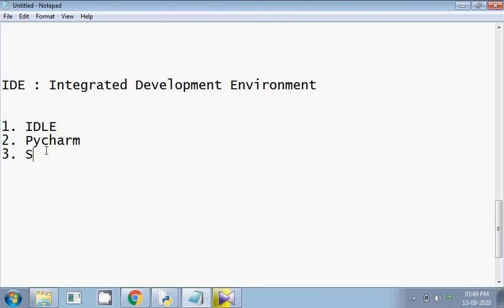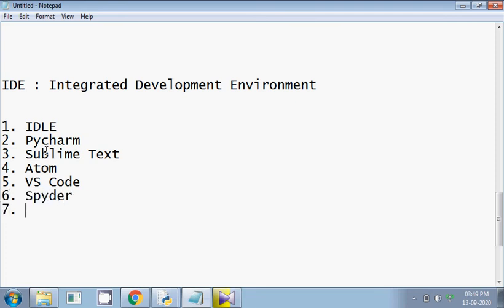Third one is Sublime Text. Fourth one is Atom. Fifth one is VS Code, Visual Studio Code. Sixth one is Spyder. Seventh one is Jupyter.